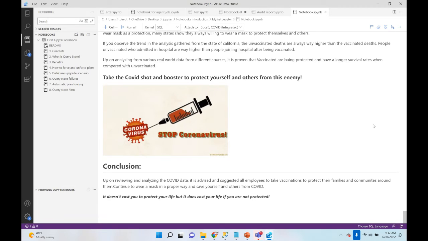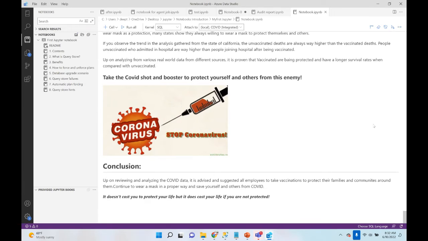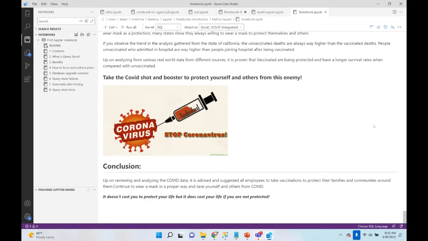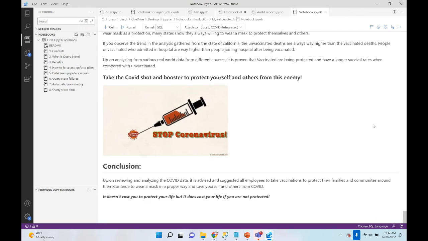But then in the same, if you want to share with the business, the SQL, and you can use these visualization kind of things. If you're doing any presentations, you can show this. You can actually,